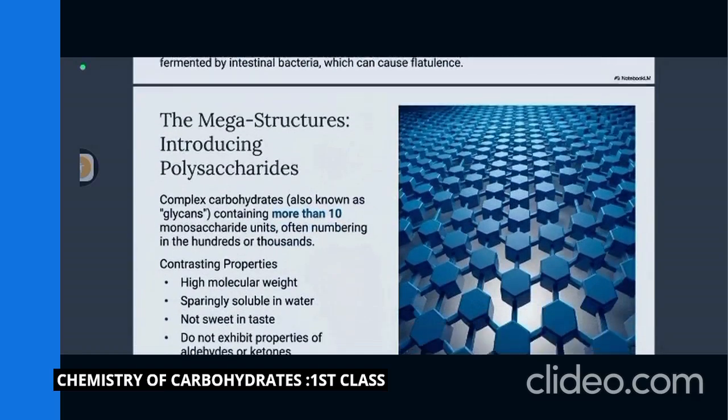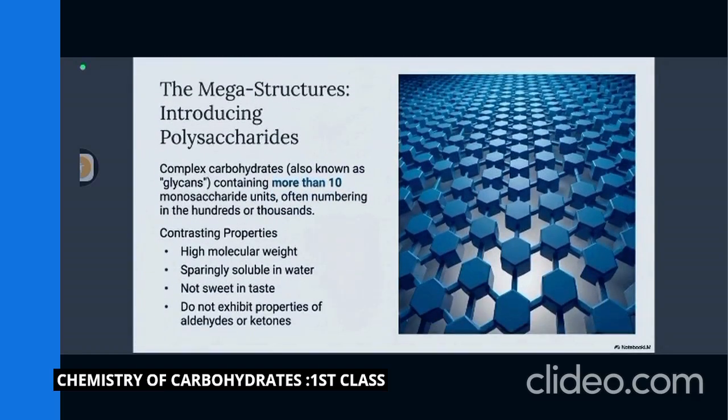Next, the clinical relevance. The megastructure: complex polysaccharides, where more than 10 monosaccharide units are joined to form a polysaccharide. If the same monosaccharide unit is present, it is called a homopolysaccharide. If different monosaccharide units are present, it is called a heteropolysaccharide. They have high molecular weight, are sparingly soluble in water, not sweet in taste, and do not exhibit properties of